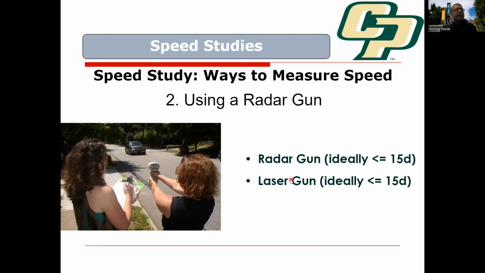And why it can get a little tricky, as I said, is the radar gun. The likely angle that you want to get the data from is less than 15 degrees. If you are more than 15 degrees away, it introduces errors, so the best place to get this data is actually right in front of the oncoming vehicle, right? Which is a tricky situation to be in, in the middle of the road. We never advise you to do that, right? And when we go out into the field and observe the data,